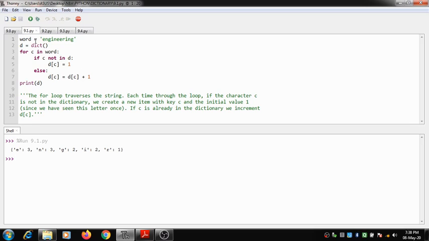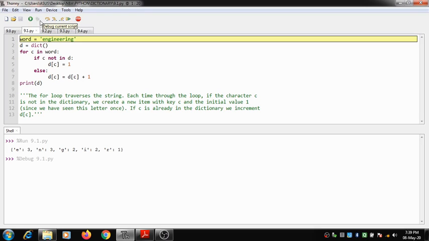So let us trace this particular code and see how this concept of dictionaries in counting works. How do we count the number of characters in a string using a dictionary? This is how we could do it. Let us trace the program.